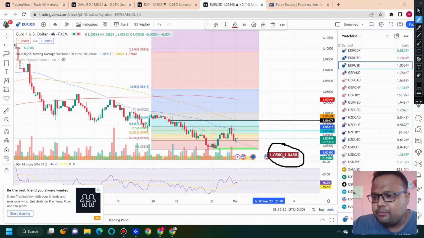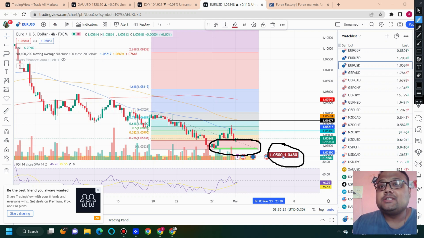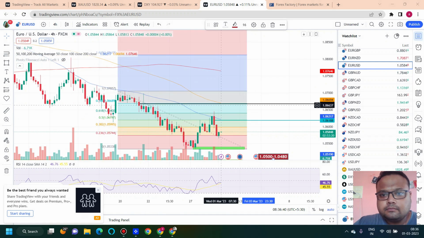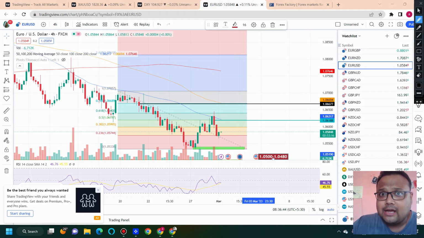So this is a strong support, this is a weak support. We are not sure about the weak support. Only the chart of DXY will tell whether this support will work or not. This is a weak support, so as a result, volatility of the market will play a big role. On the other hand, if you see Euro USD going up, then the first level will be